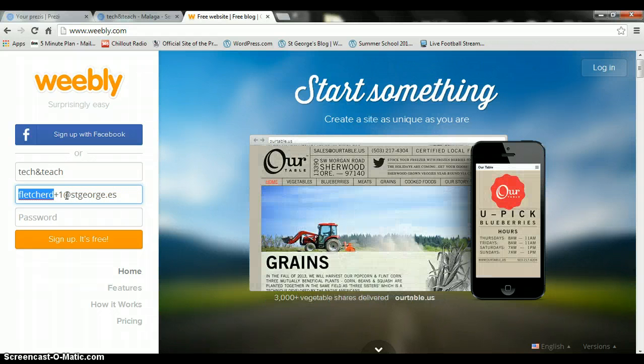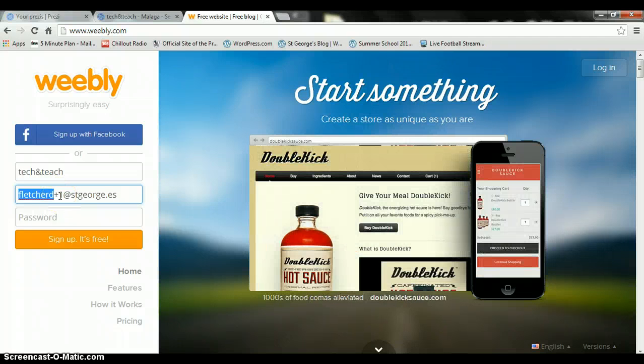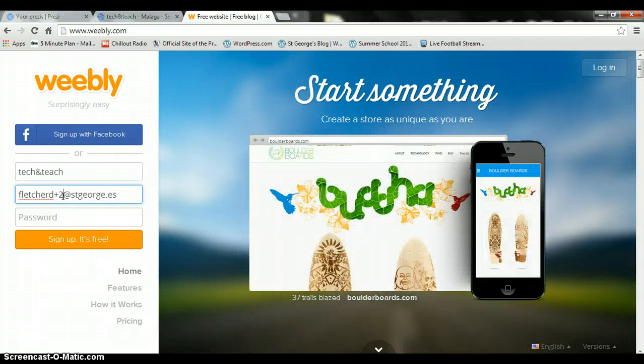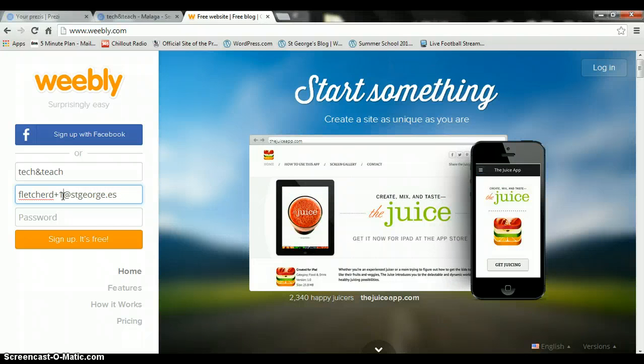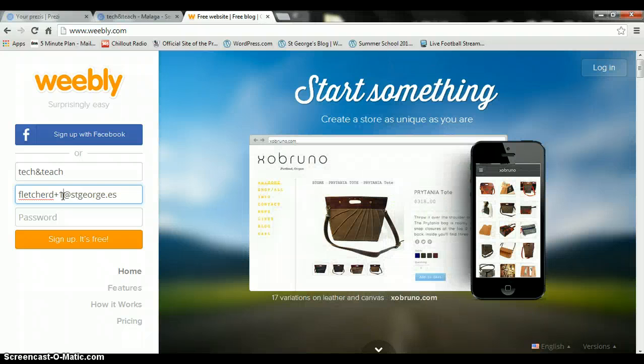All emails will still go to my Fletcher D St. George account. What it will allow me to do, if I want to set up multiple accounts, is register with +2. They'll think it's a different person, but in fact it's the same email address, so you can coordinate all your logins from there. We'll talk more about that over the next few weeks, but firstly